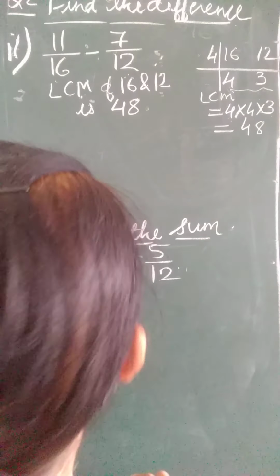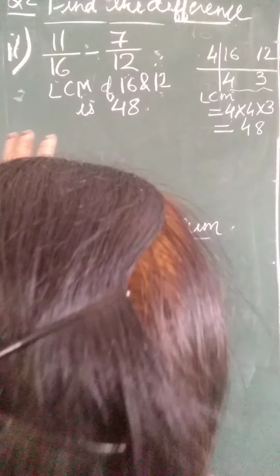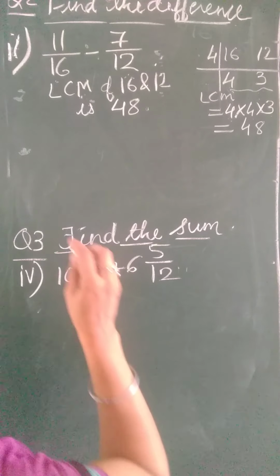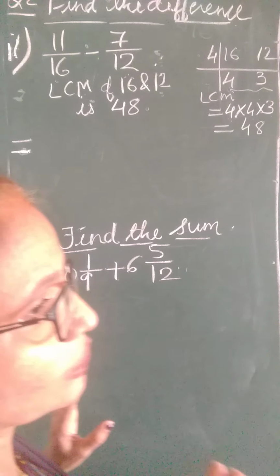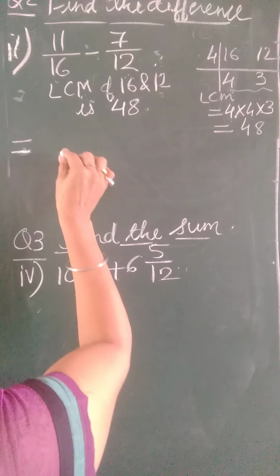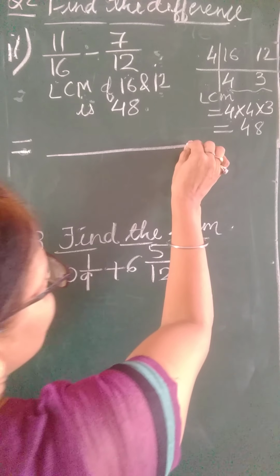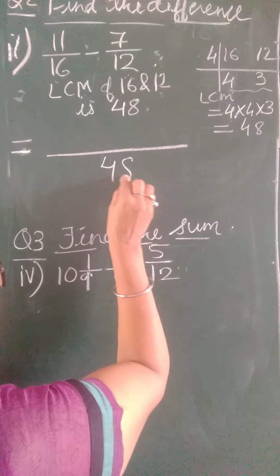48. Now in the previous sum I have explained how to make the denominator by one method. Now here see which method I am using. In this way also you can. This is the alternative method which is given in your textbook also. So what I will do, see children. First you will draw this line. Whatever your LCM is, you write it in the denominator.